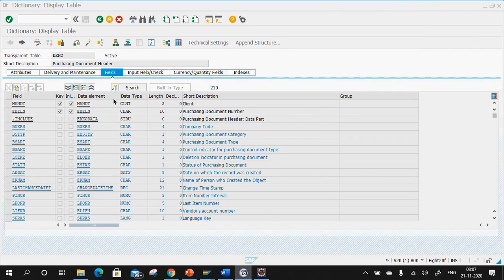And this is the base of your entire coding. If anything happens to these database tables, you are gone for a toss. Your entire project is gone for a toss. So even I'll recommend what I showed you now: without anyone's consent, and if you are not having proper experience, don't go for creating an append structure just like that